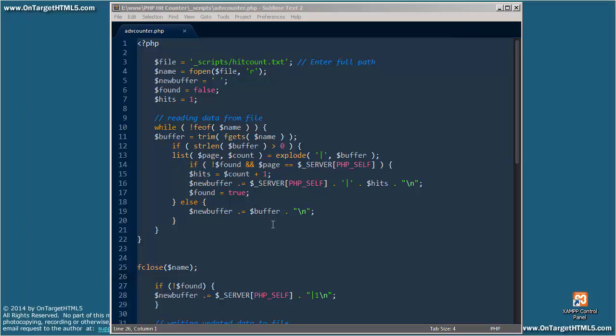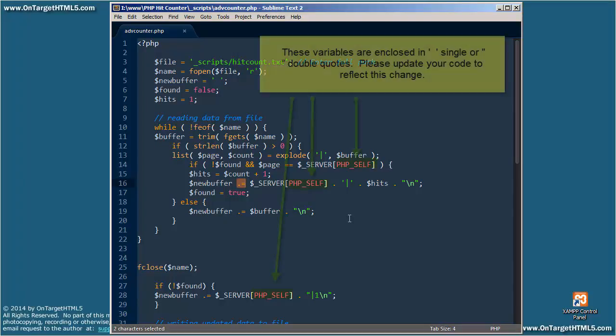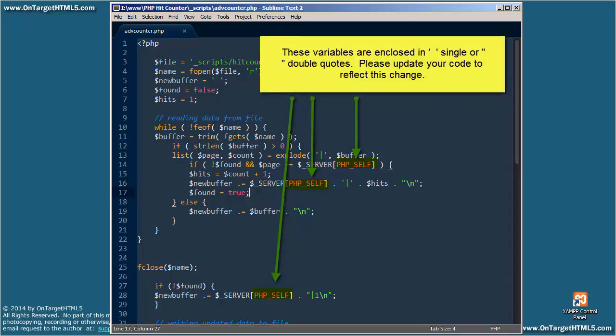I'm going to set up a new buffer, and I'm appending this new buffer. Dot equal is a concatenation equal, so I'm taking the value that's already there and appending this to it. And this $_SERVER is a global variable in PHP, and it's getting the PHP_SELF. In other words, what is the value of that page? And that's actually the page name that we've given it, like page 1, page 2, page 3,